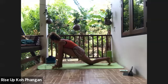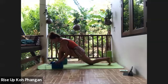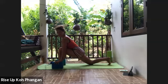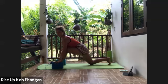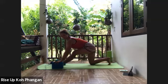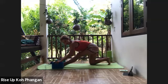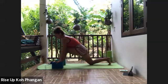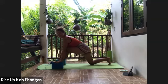Now, I advise you to take your blocks here if you're rounding your back or you're feeling too uncomfortable reaching towards the floor, or just a couple of books. Inhale, lengthen the spine. And on your exhale, you're going to shift the hips back and try and straighten the front leg. Doesn't matter if it doesn't straighten all the way. Inhale, bend the front knee, lengthen the spine. Exhale,